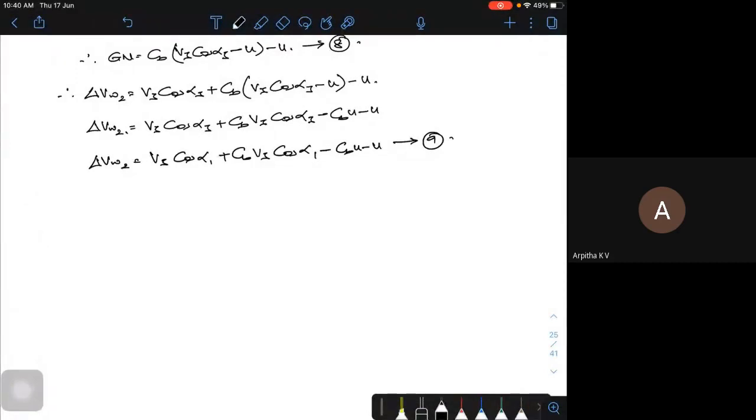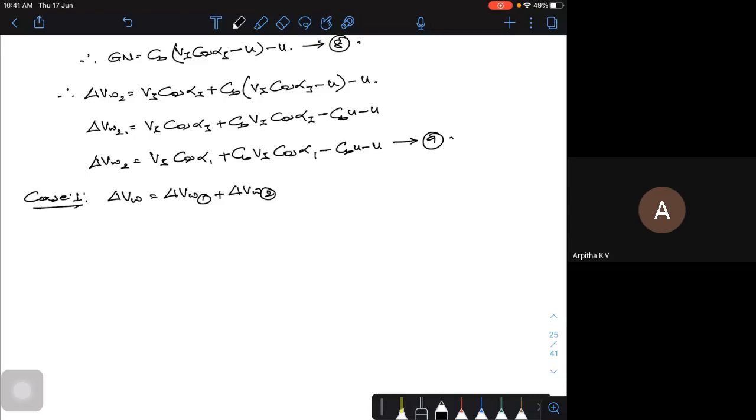So I got these conditions. Now under these conditions, say I have different velocities. The velocities are V1, V2 and V3. Now let's try to add this for different conditions. First, case 1: delta VW is equal to delta VW1 plus delta VW2. We'll try to add it.